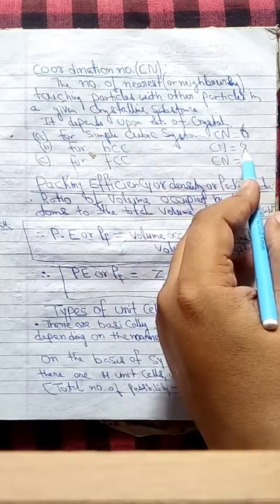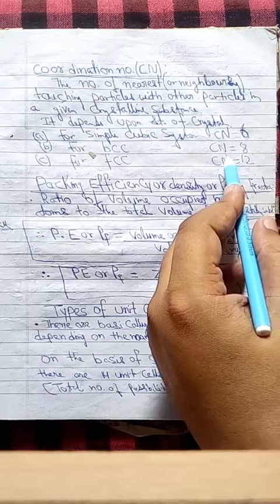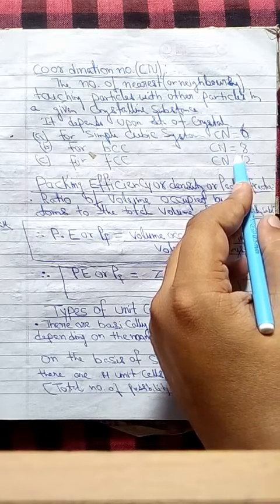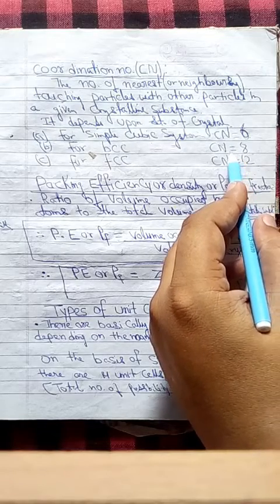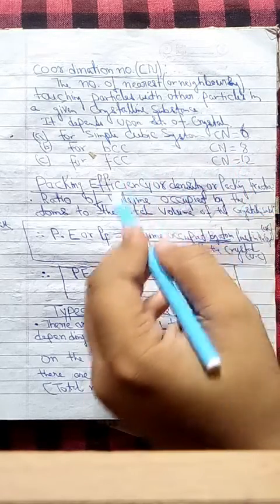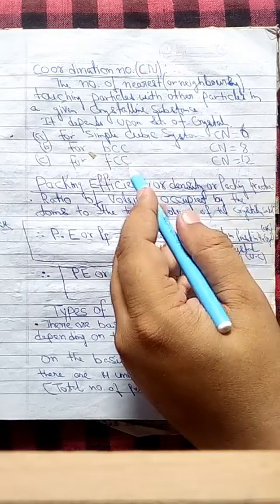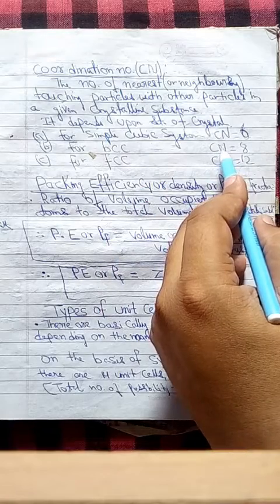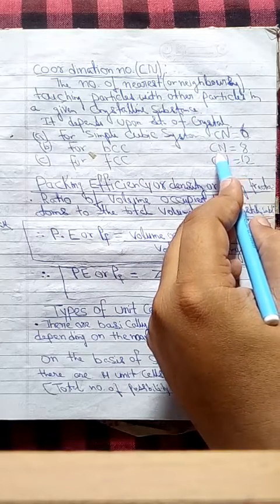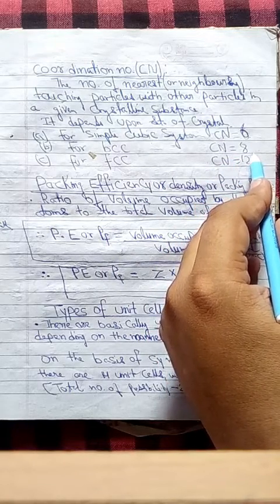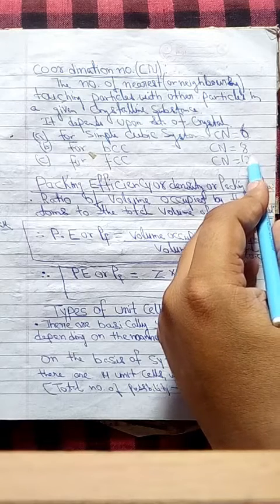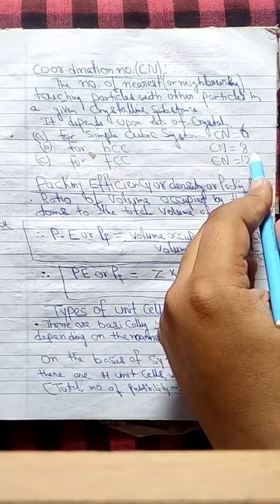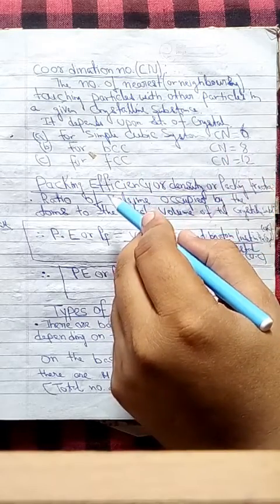But in body centered, at the corners atoms are present, but the atoms present at the corners are only 1 by 8 part. At the body center one complete atom is present, and it is not in contact with the others. But at the corners 1 by 8 part of an atom is present, and each atom is in contact with the 8 other atoms. So their neighbors are 8. One atom is in close contact with the 8 other atoms from outside. So therefore in BCC the coordination number is 8.